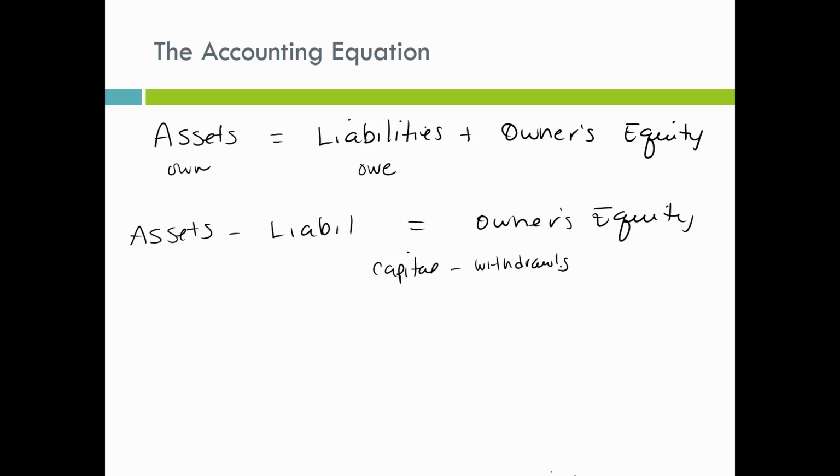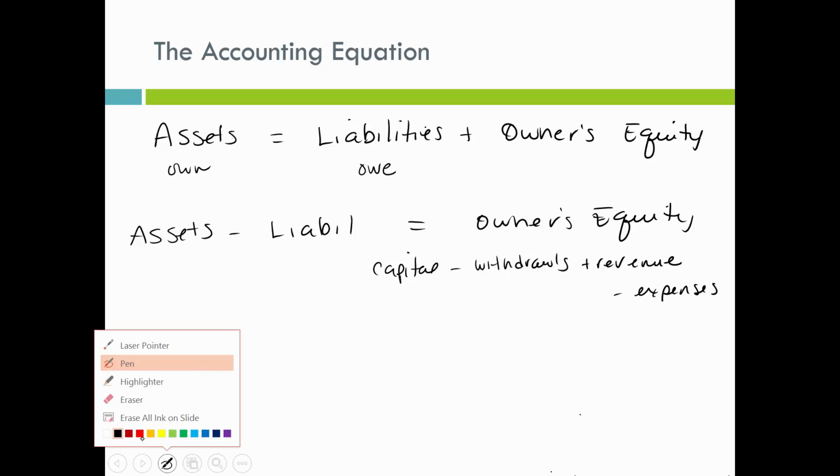Withdrawals are money that the owner takes out of the business. And then we've got revenue, which is what the business earns for doing whatever it is it does, minus expenses. And that's the cost of doing business. Those are the costs that were needed in order to generate that revenue. So we can see that,